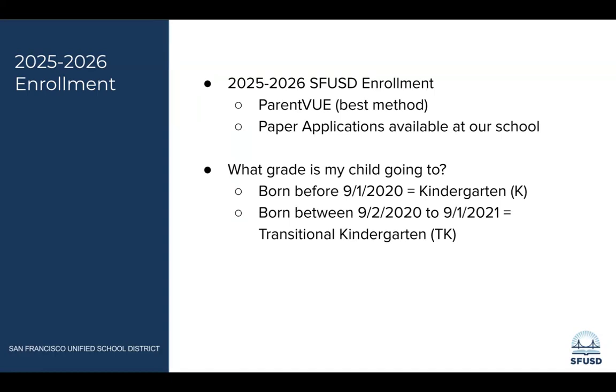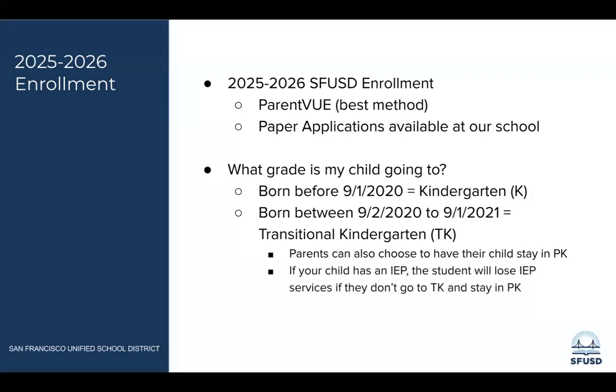That's TK. 咁如果佢係2020年嘅9月2號之間，同2021年嘅9月1號之間出世咧，咁佢就應該申請係過渡幼稚園，即係叫 TK 啦。And then for next year, if your child is eligible for TK, but you want your child to stay in preschool, you can still do that. 但係如果好似明年你嘅小朋友雖然符合資格去讀 TK，但係你又想佢留翻喺 PK，即係學前班，你都可以咁做。